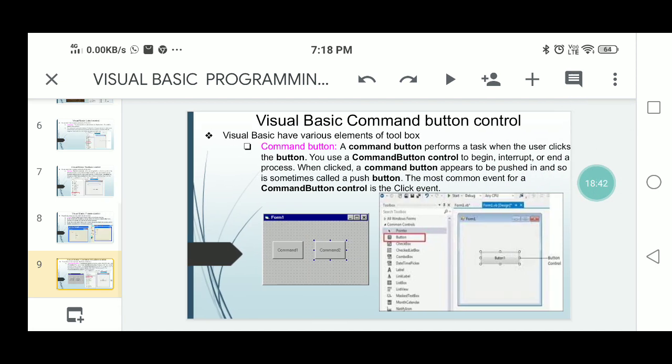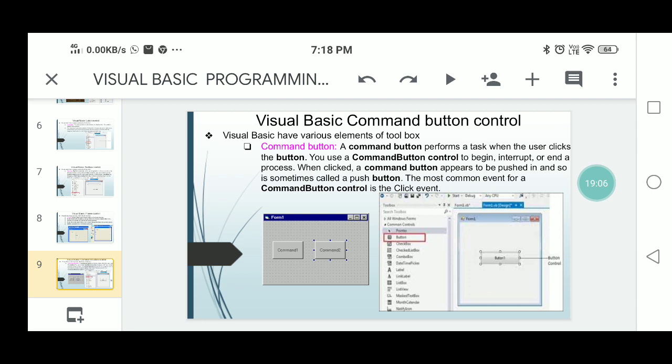The next one is another control, the command button. These are various components in the toolbox. So this is a command button. This command button control is used to begin, interrupt, or end a process.